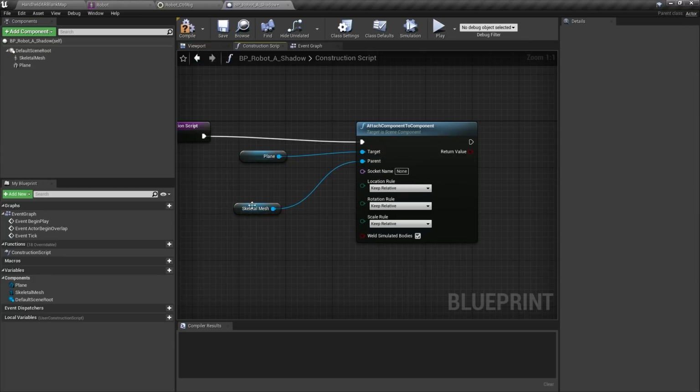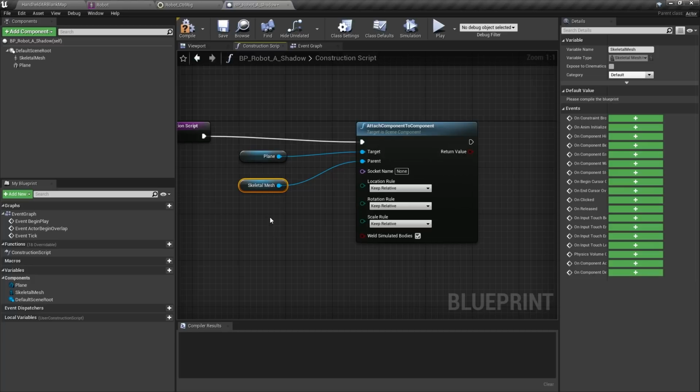So the skeleton mesh is here, but we haven't defined what part of that skeleton mesh we want that plane to attach to. What socket name are we going to use? We're just going to use that VB virtual bone root so that the hips shadow is getting made. So I'll go to this and just type out VB space root _ root.